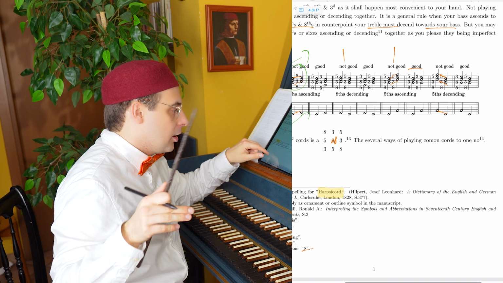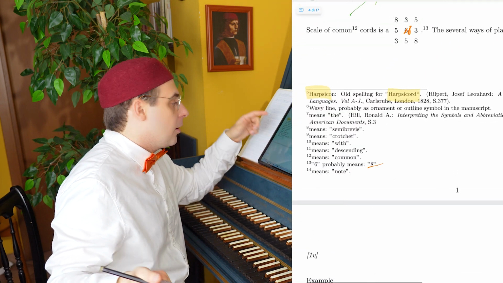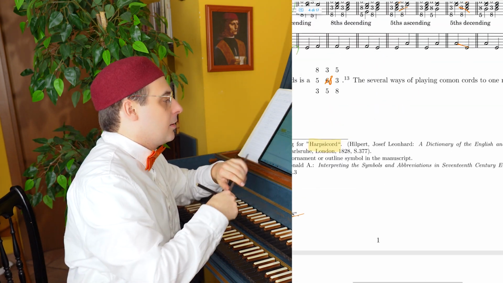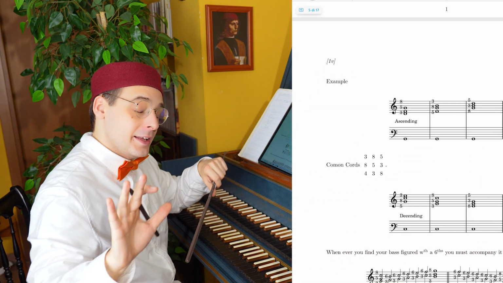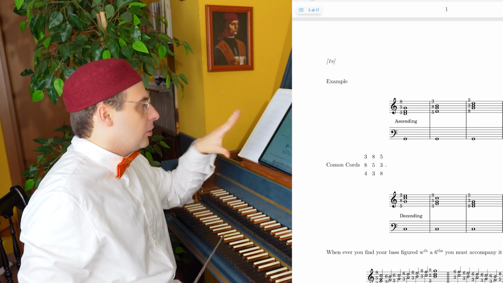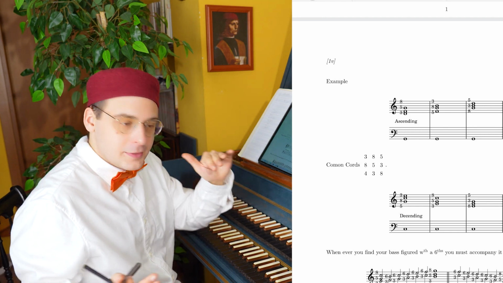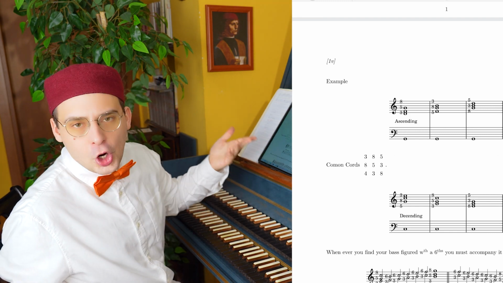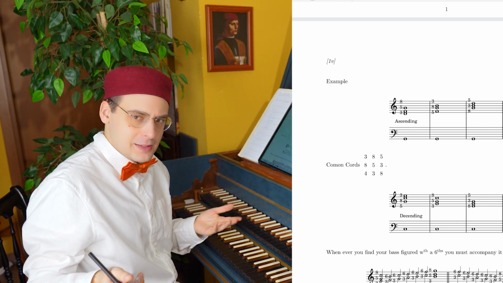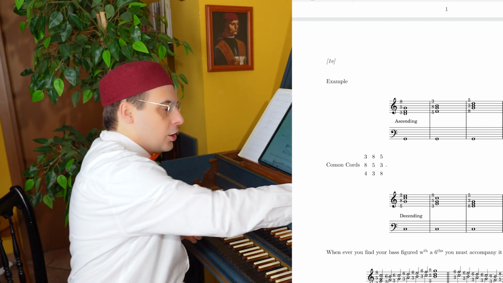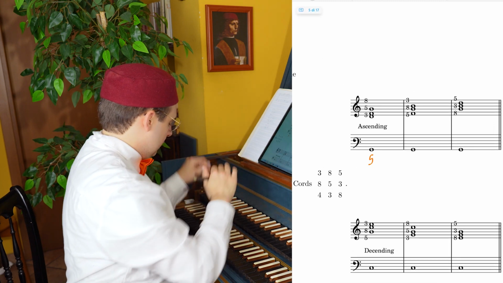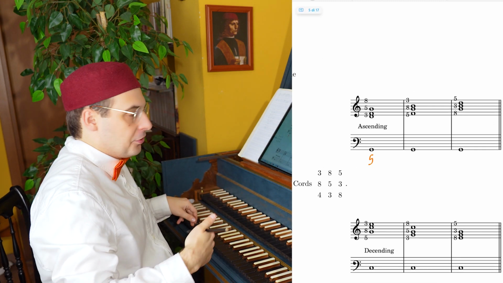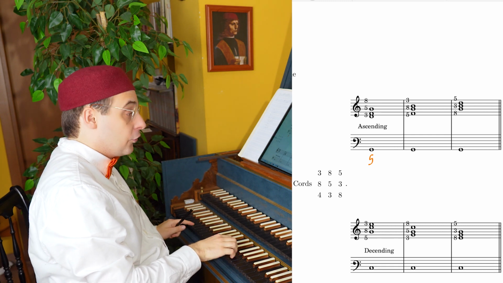Five means a note, because as you can see in this part, Joel Blow is talking about the positions of a common chord, so with consonants is 3-5-8. We can have this position, so basically we have a G in the bass. You can have 3-5-8, and so you have your first position